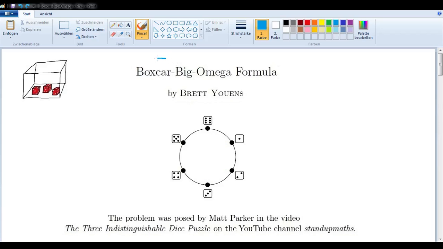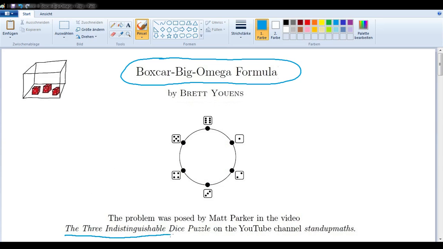In this video, we want to talk about the Boxcar-Big-Omega formula, which is a very, very compact solution to the Three Indistinguishable Dice Puzzle, a problem posed by Matt Parker on his YouTube channel, Stand Up Maths. So a short